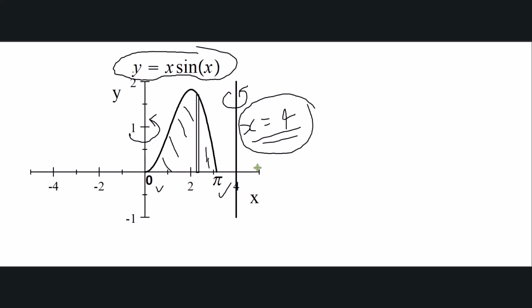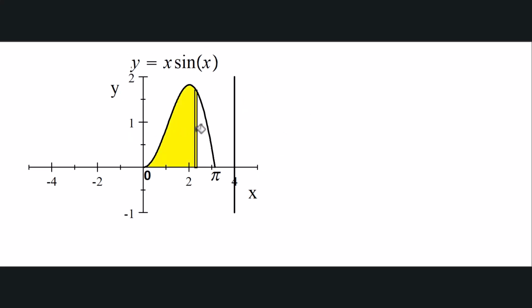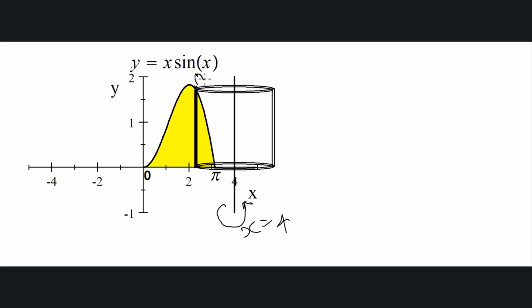Okay, so let me just make the slate cleaner and go with the calculation after that. So again, we are revolving this region about x equals 4. Okay, and then we shall take an element here. Then the solid of revolution for this basic element would be a cylindrical shell, and if we are here at x, y,